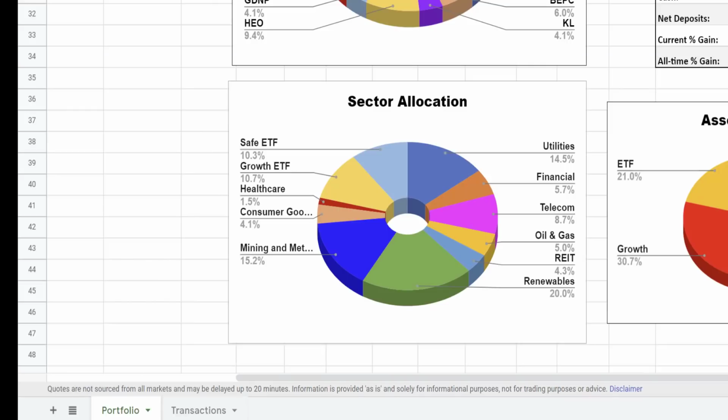And jumping into sector allocation, you can see that the renewable sector is my largest sector. I currently have 20% of my portfolio in renewables, which is why my account has been taking a little bit of a hit over the past few weeks as the renewable sector has seen the sell-off. So I'm definitely trying to bring this down in weighting by adding to, like I said, financial sector, some utilities, as well as my ETF positions, and just trying to get more diversification across sectors,